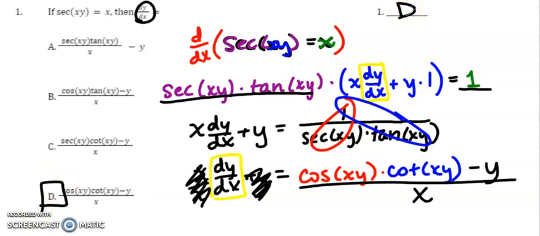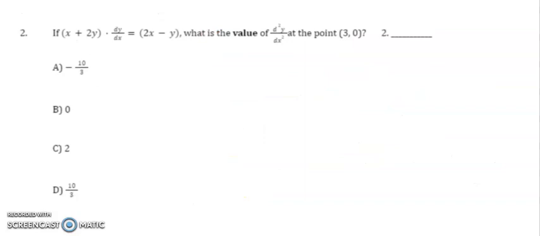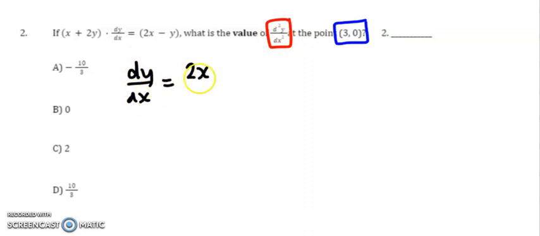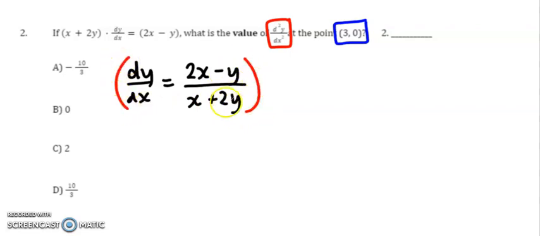Okay, next one. If (x plus 2y) times dy/dx is equal to 2x minus y, what is the value of the second derivative at the point (3, 0)? So we're looking for a final answer that's a value. Well, before I can take the second derivative, I'm going to choose to isolate the first derivative. This doesn't have to be your first move. You could do a product rule on the left side to get started, but I think this makes things a little bit more clear. So I'm going to take the derivative with respect to x,